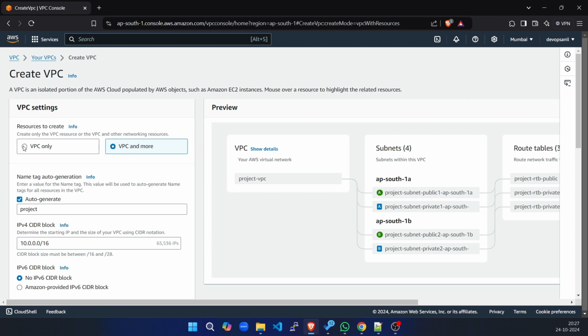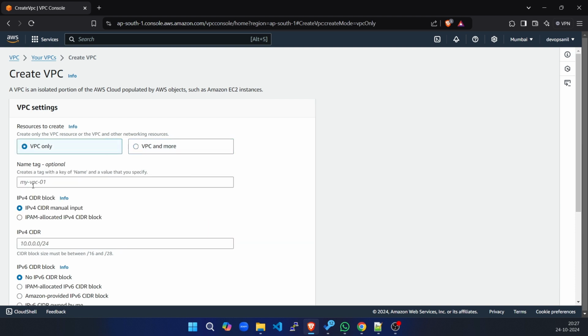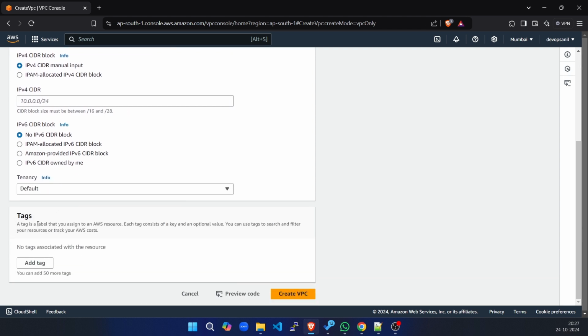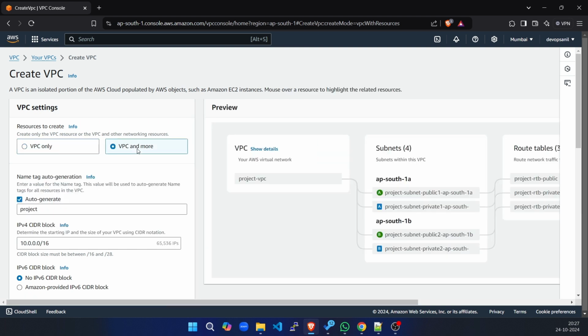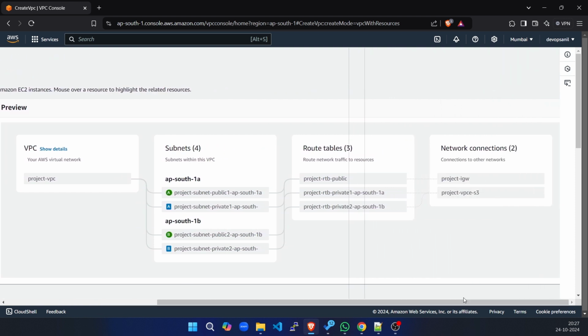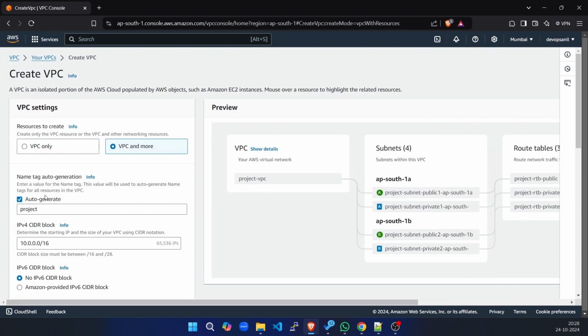If you want to create only a VPC, then you can select this option, give the name and all, and only the VPC will be created. But right now AWS provides in the UI a functionality that will create a VPC, subnets, and route tables for routing purposes. Everything is created automatically. So let me opt for this feature, and let us see what it is going to create